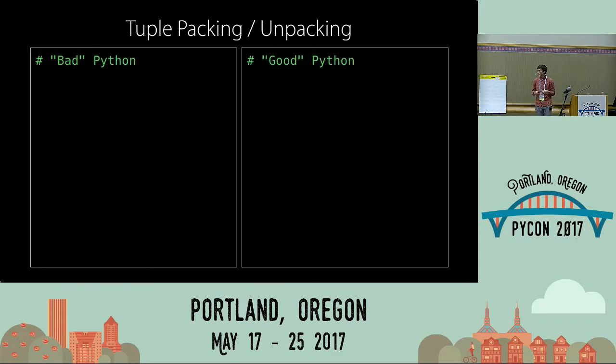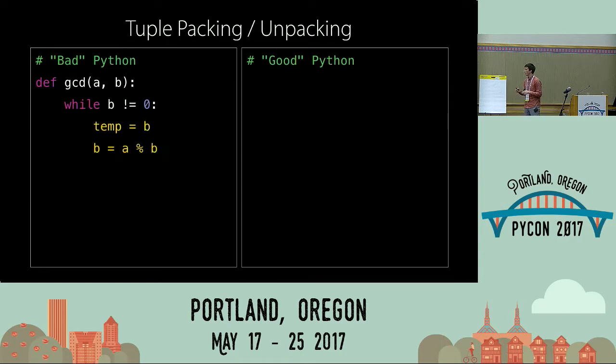Another classic example is with tuples. Suppose we're writing this greatest common divisor function, which I just stole from Wikipedia. Using the Euclidean algorithm, as long as b is not 0, we do some sort of swap. A common way to swap two variables with interdependent values in other languages is to use a temporary variable. This pattern may be familiar to people. And that's, again, okay, it gets the job done.